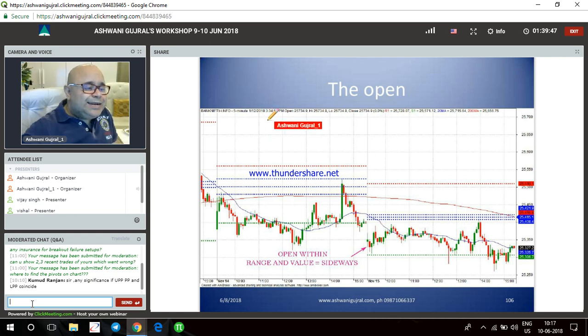There are 3 conditions: open greater than R1, or S1 and greater than central pivot range. So it opens beyond everything. That is a trend day. Open greater than CPR